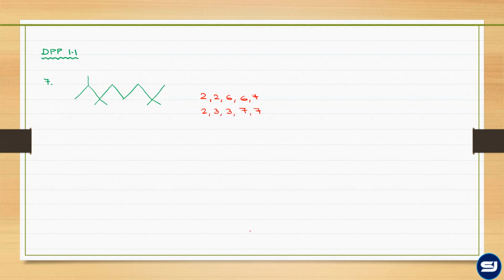So which will be the correct numbering? First one. Why? The relative numbering is lower. Now here there are two things. First is the sum of the locants and second is the first rule, the rule of the first substituent position. Meaning here, first of all, you have to look at the preference of the rule which is related with the position of the substituent. Meaning, you have to compare the numbers one by one.